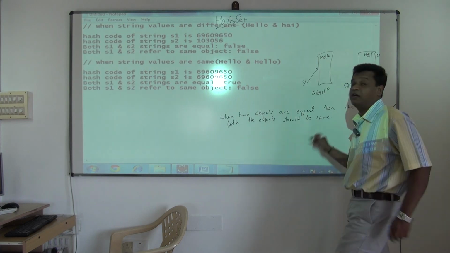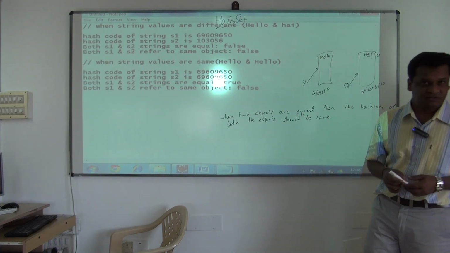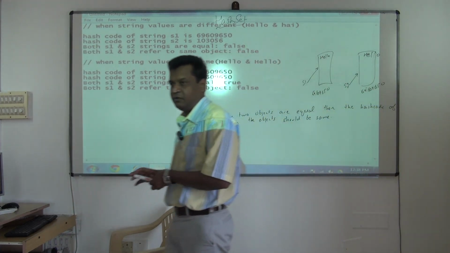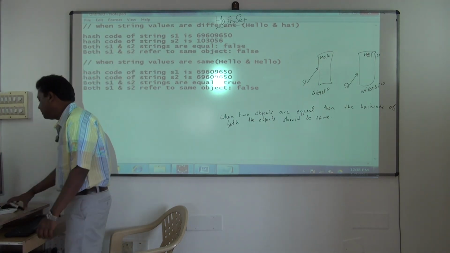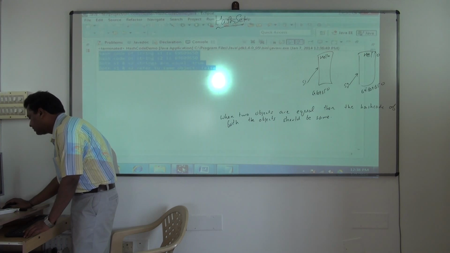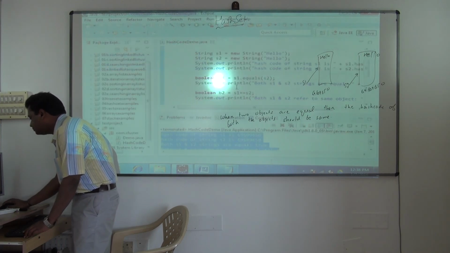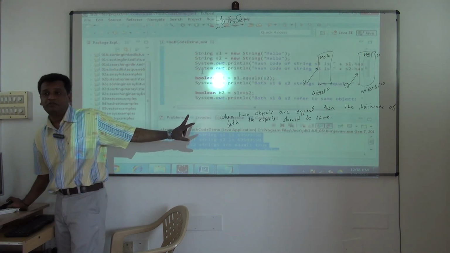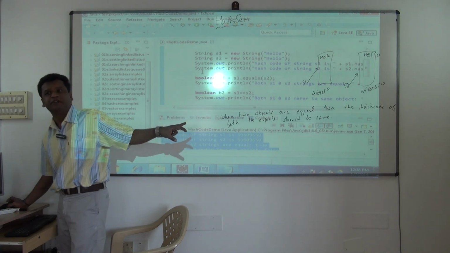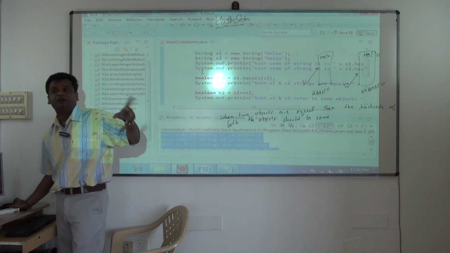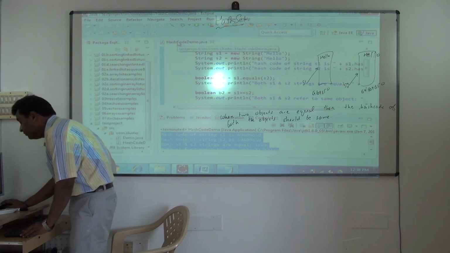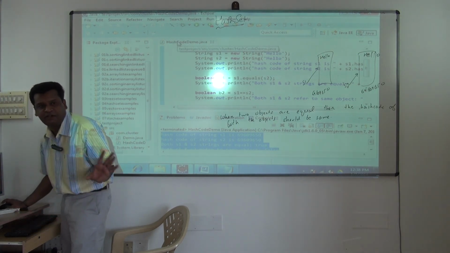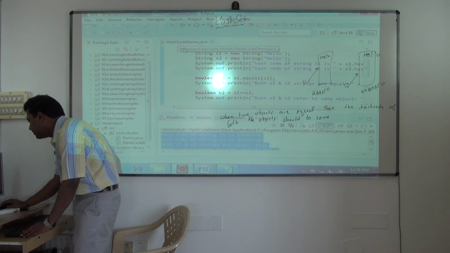Now we'll see whether this is applicable to the Integer class. We found out something now. When two objects are equal, their hash code should be same. Let us see whether it works for Integer now. Are you clear on this? So there are two different objects. You call equals, it's returning true. Because they are equal, the hash code is the same. Understood? Just concentrate on the hashCode method now. So then next,